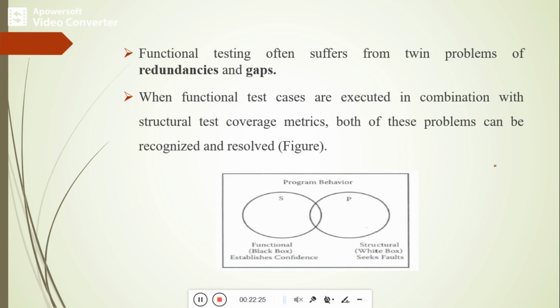That is, structural test cases or white box testing techniques will identify the faults in the program behavior, and functional testing techniques will identify the faults in the specified behavior. This diagram gives a clear picture.